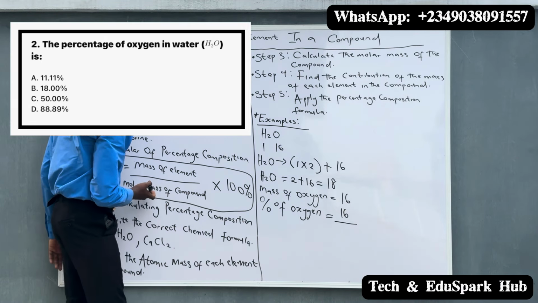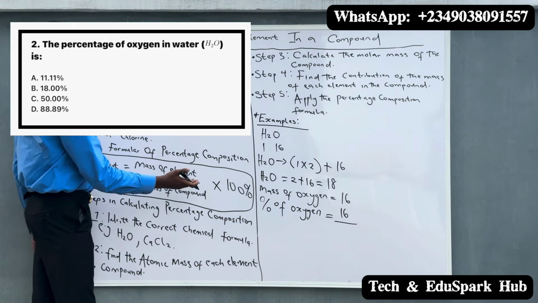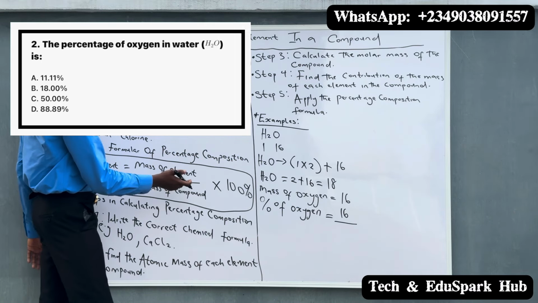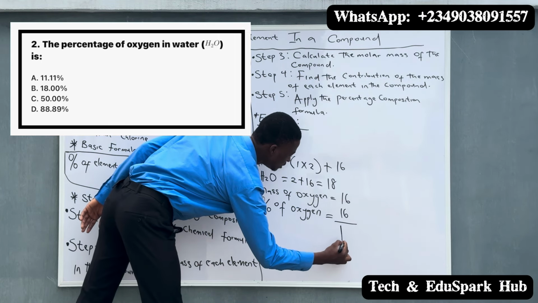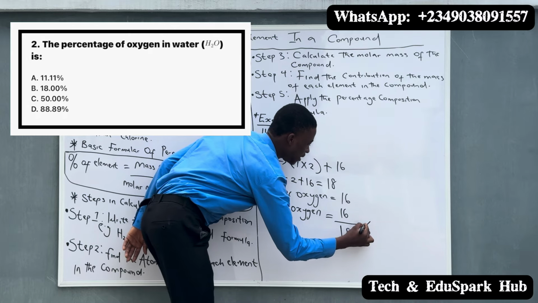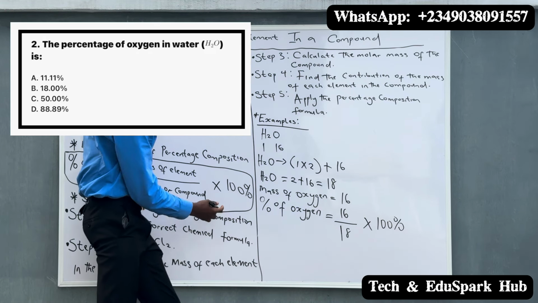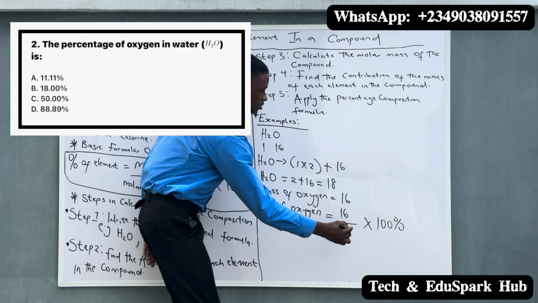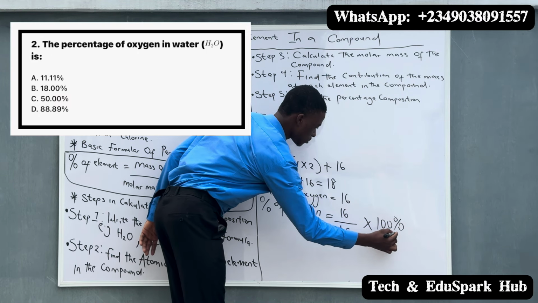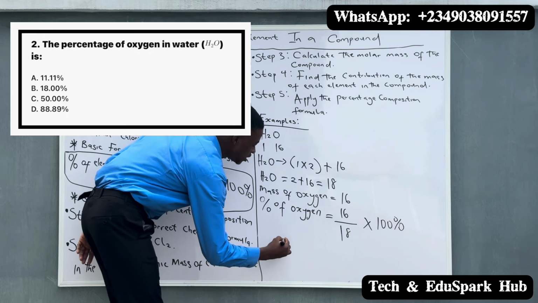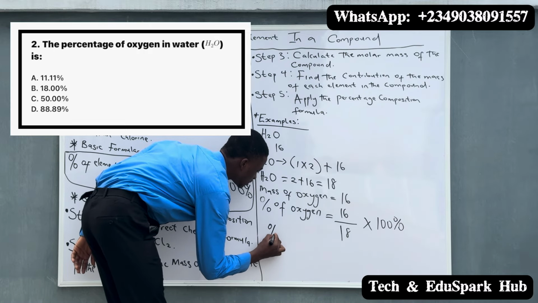divided by, what is the molar mass of the compound that we are trying to work with? So the compound is H2O and the molar mass of the compound is 18. So you have 16 divided by 18 multiplied by the 100%. So this is the 100% that we are talking about. And when you divide this, you have percentage of oxygen